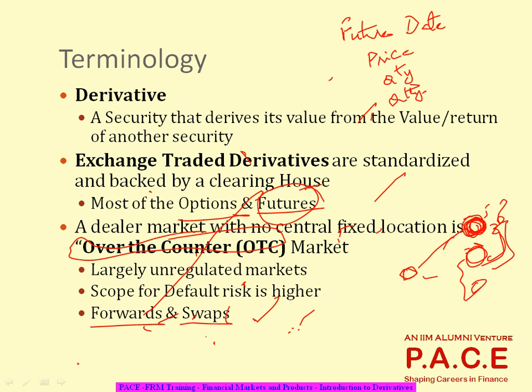But the high customizability also creates a problem of high scope for default. Okay, both of us got into an agreement, right? I will buy something from you after 1 month. What if I don't buy? Or the other side, what if you don't sell? The scope of default is much higher. There is always a scope, because in these kind of cases,